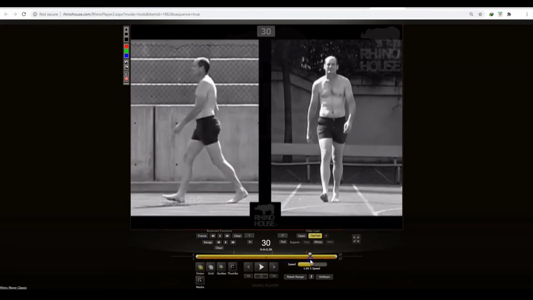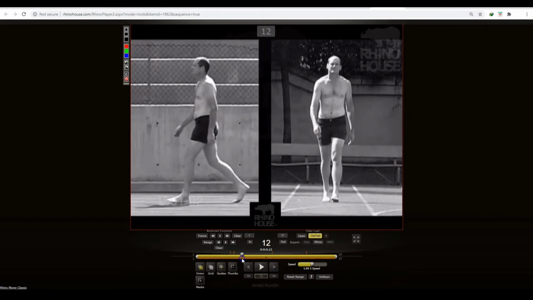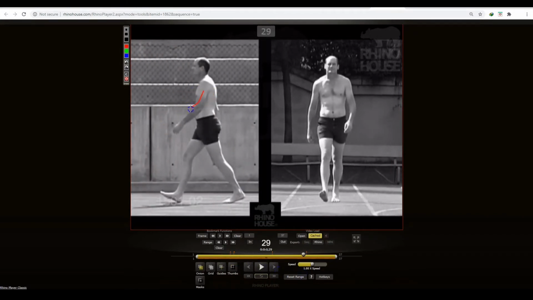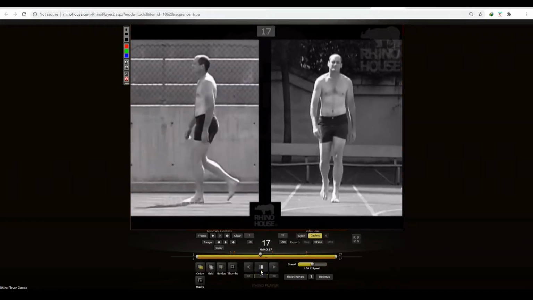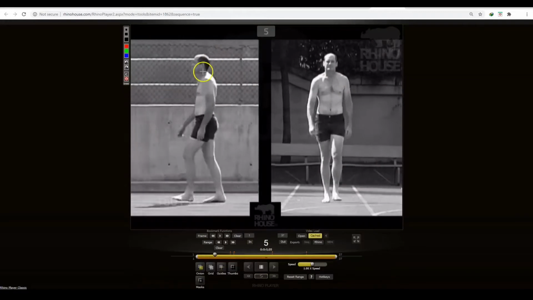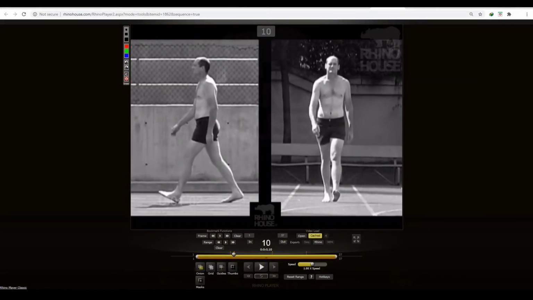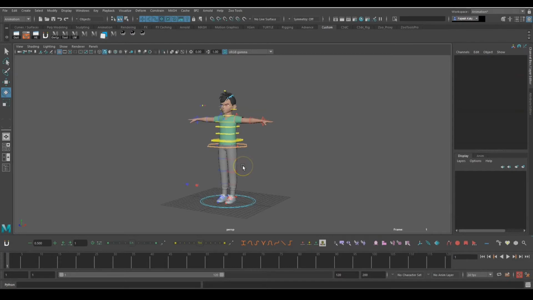This way you can study how much it is moving up and down, how the hands are going and how much they come inside, how much the shoulder is rotating, and the overlap in the head. Study all those things, then come to Maya and start doing blocking.